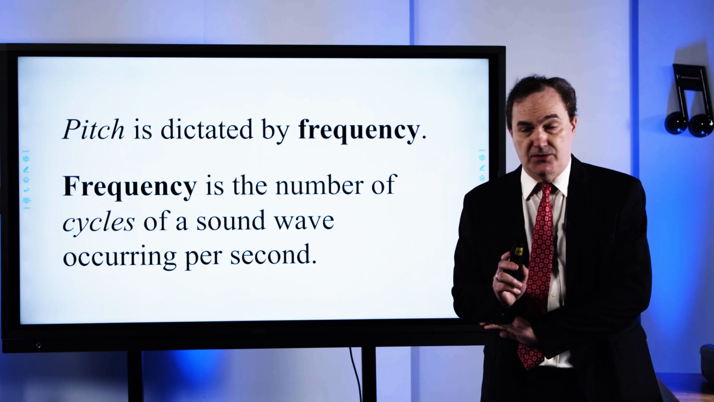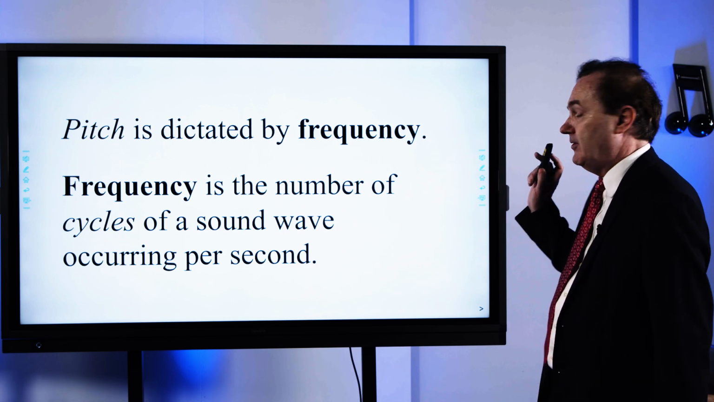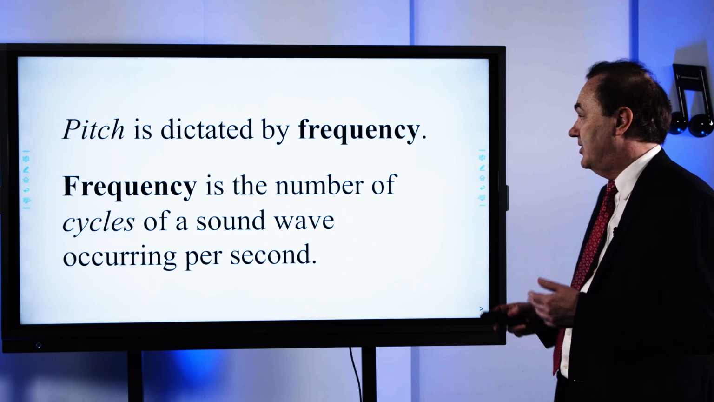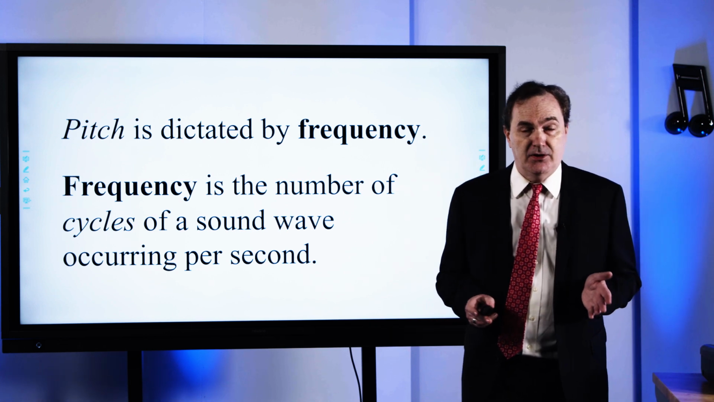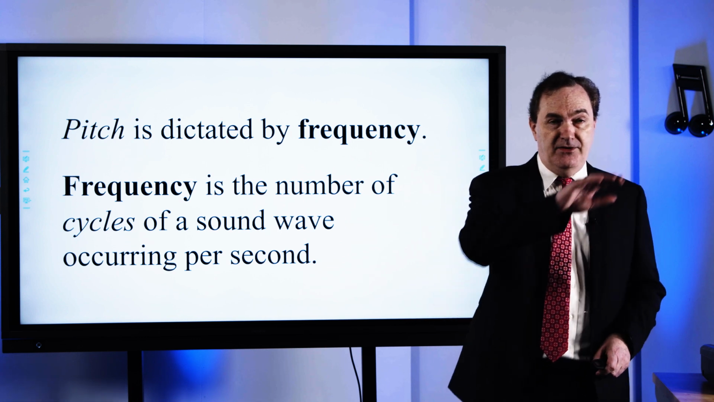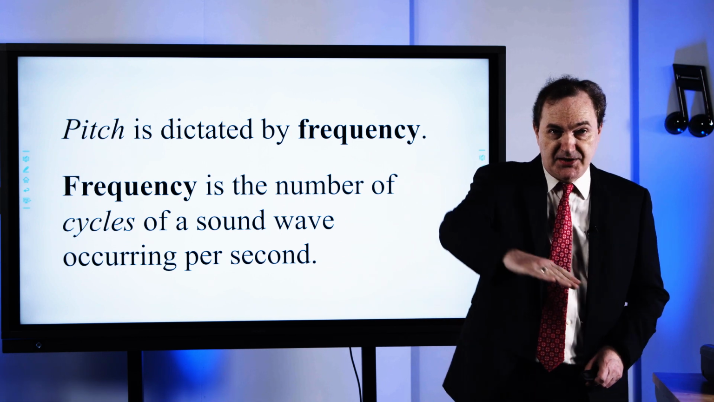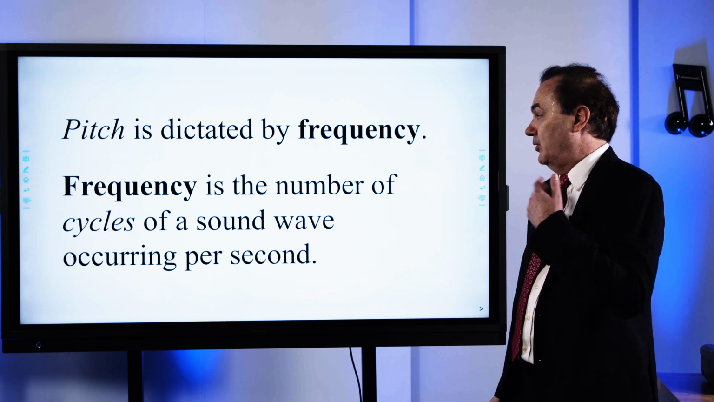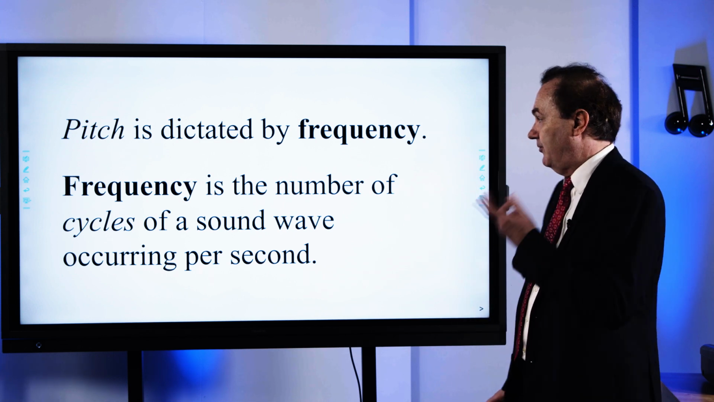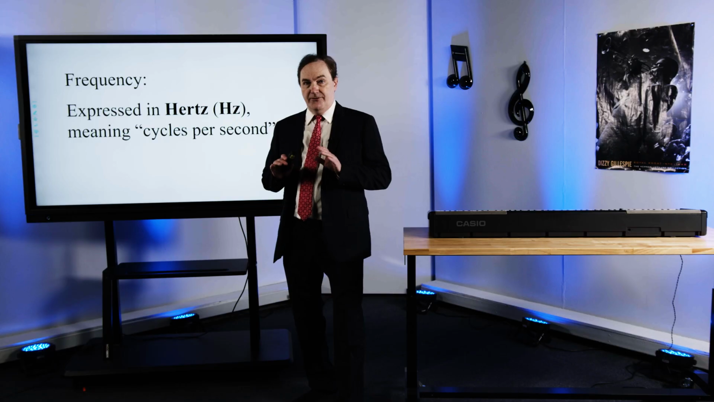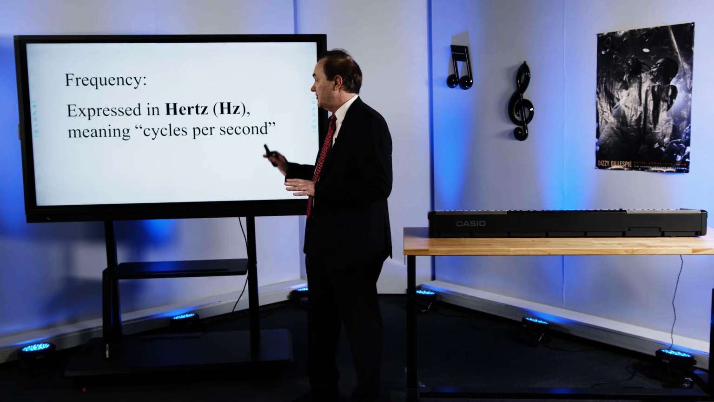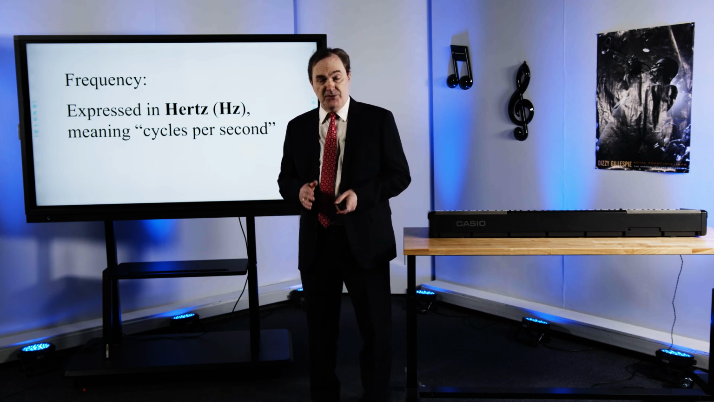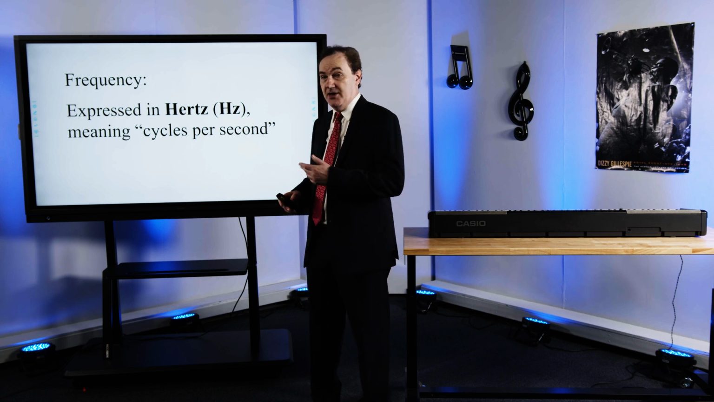Now, the pitch of a note is dictated by the frequency of the sound wave. The frequency of a sound wave is the number of cycles of a sound wave occurring per second. A cycle of a wave is a section of a wave from one crest to the next crest. So the number of cycles per second is the frequency of the sound wave. Frequency is expressed in hertz, which means cycles per second. So if you have a sound wave where there are 500 cycles occurring per second, then its frequency would be